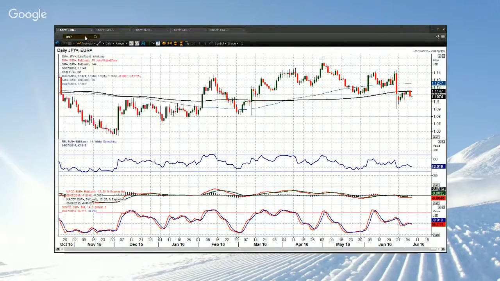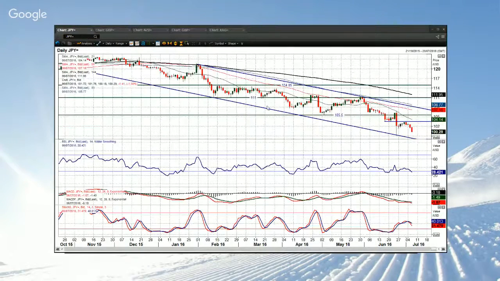Japanese yen. Downtrend channel. Just looks bad, doesn't it? Lower highs, lower lows, falling over at resistance levels. The latest one around that 103.60 area provided the basis of resistance. As I said, this rally that we saw in January was on the move to negative interest rates. 340 ticks or 320 ticks or so.